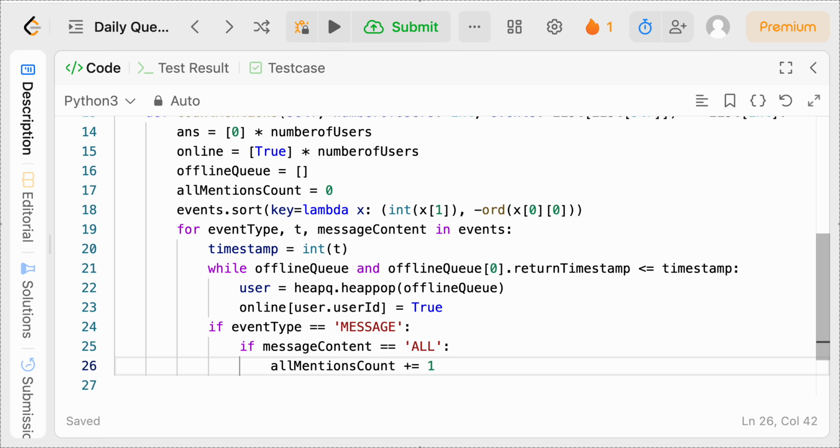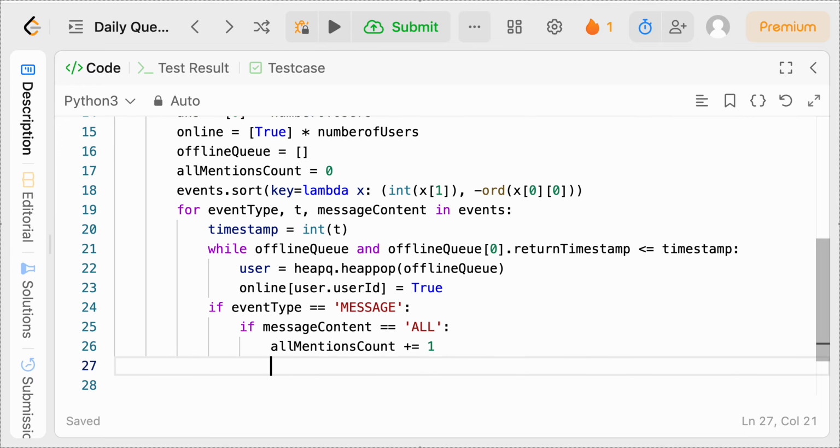And again, tying back to another major observation, counting all would lazily reduce complexity when there are too many all messages, right? That's the reason why we're doing it like this with the all mentions count, rather than directly working with the answer. Now, once we have that, what if it's the other way? What if the message content is here? So if message content is here,